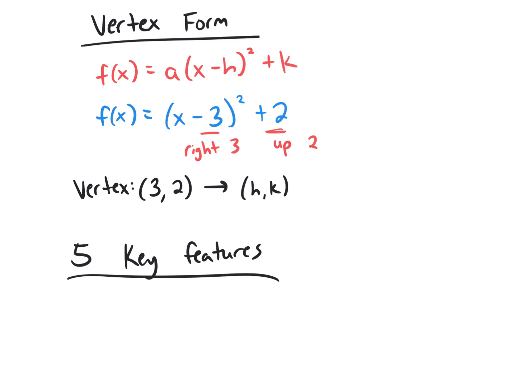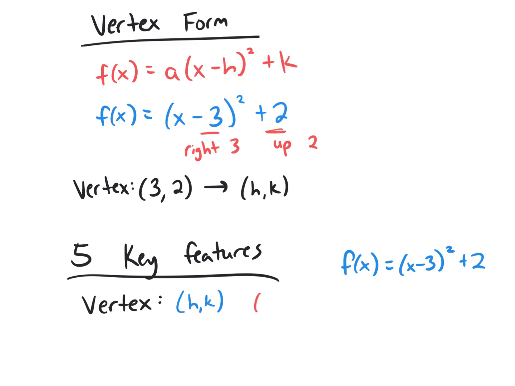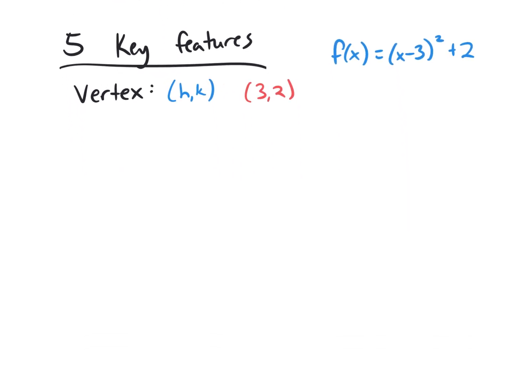Okay, so one of the 5 key features, the main key feature from vertex form is the vertex. Okay, so one of them is the vertex. Go ahead and write these down. Okay, and I'm going to continue using the example I had up above, and I'm going to write it here. Okay, I'm going to keep using that example. So vertex, remember, we get from h, k from the standard form, but in our example, we got 3, 2 for our vertex. Okay. The next key feature, a new part here, it's called the maximum